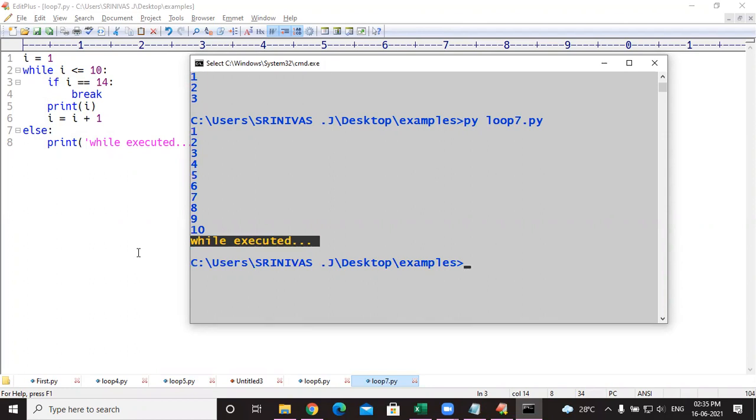Clear about this, all of you? For with else and while with else. Yes, sir. Here, if you have any doubt, you can ask, up to control flow statements. No doubt? No, sir. Okay, then. Next,